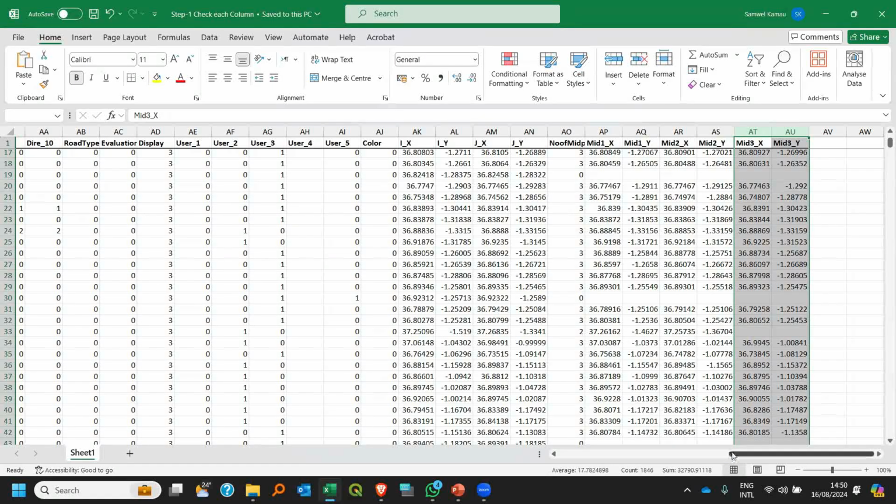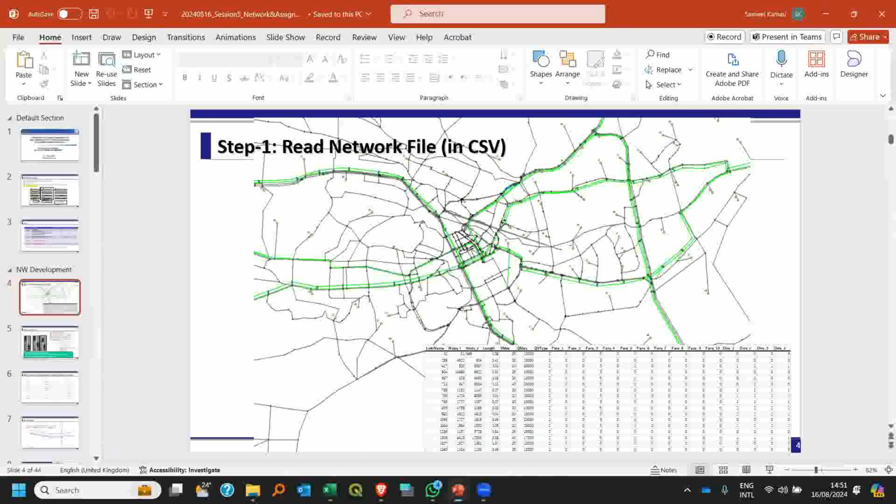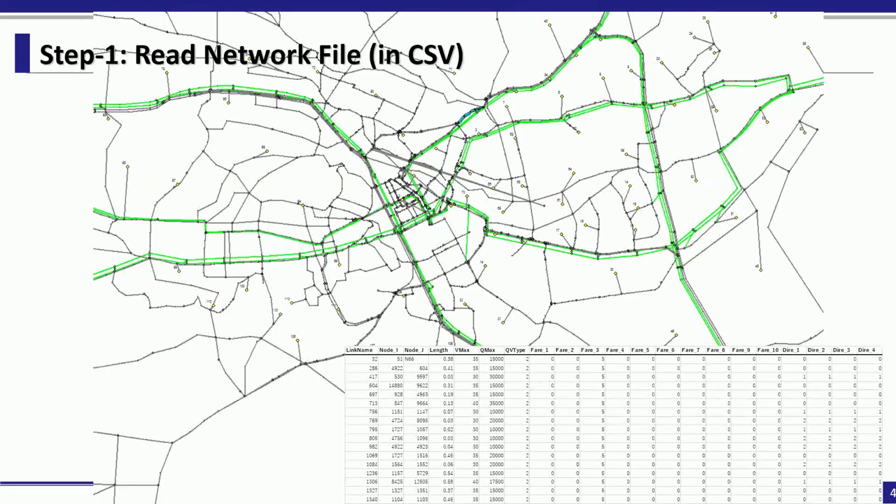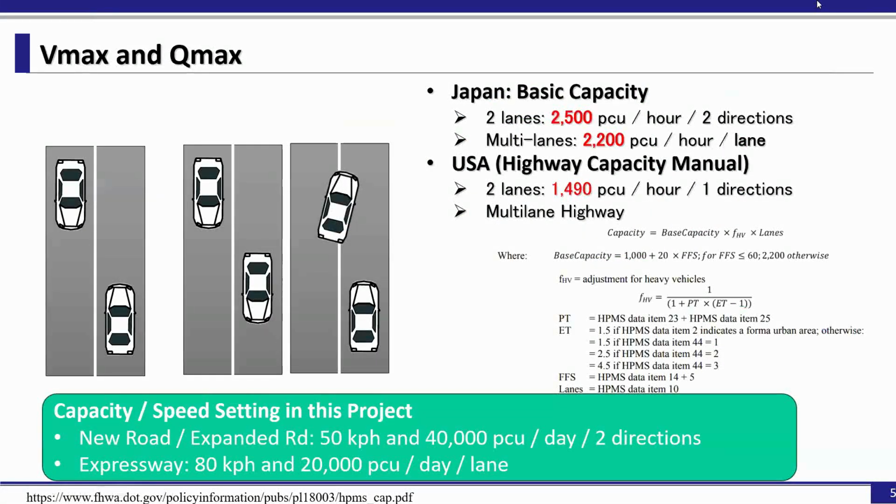And if you want, you can modify this number in the Excel format. So there is some freedom about the editing of the network files. So that's all for the data which is included in network files. From this PowerPoint section, I will explain the items included in the network files. Okay, next slide. Then the Vmax and the Qmax, yes, I show in some roads 30, 45, 50, 80,